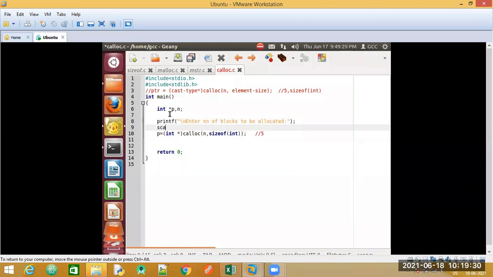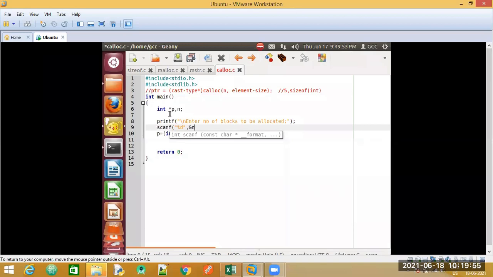Next thing is to accept it. So what is going to be the scanf statement now here? How do I write the scanf? Do I directly write P? We need N there. Correct. Ampersand N.